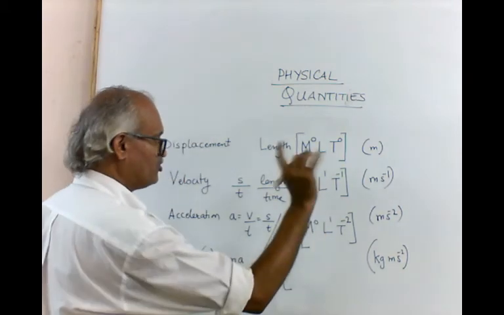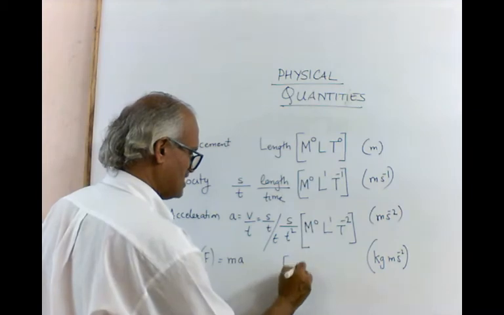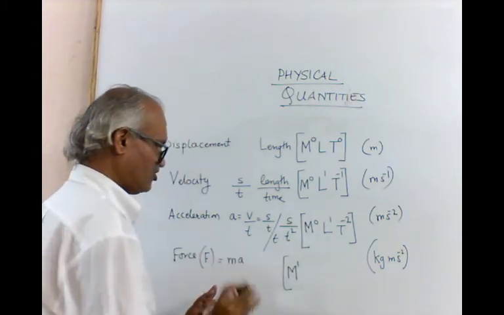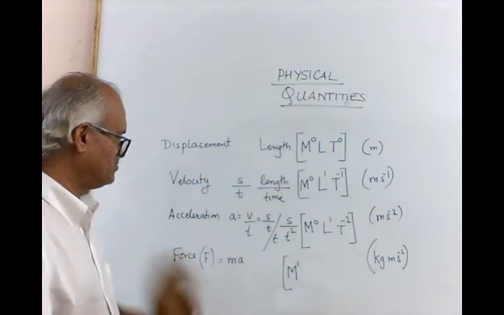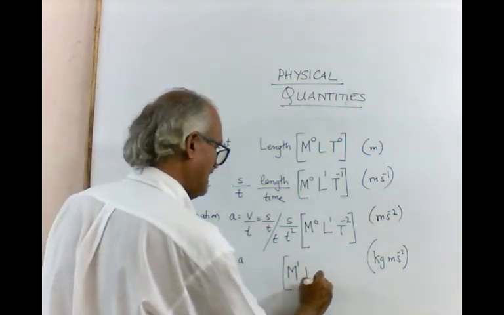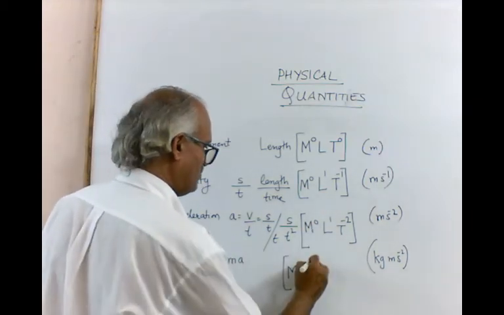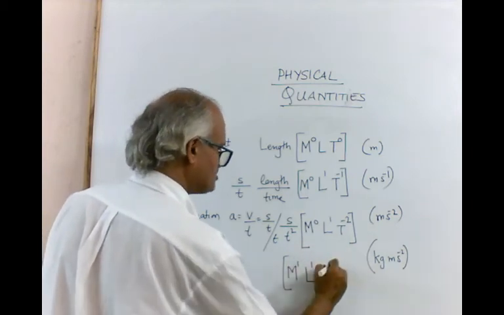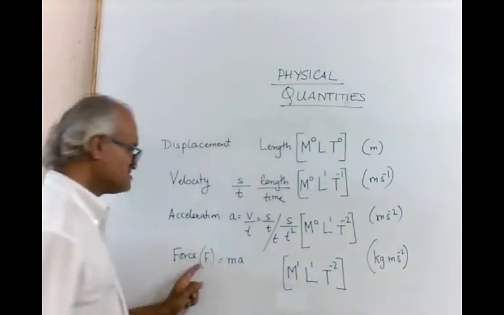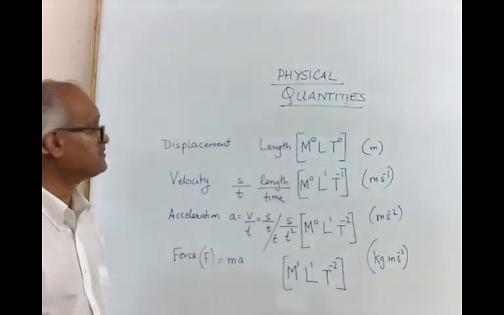अब इसको डायमेंशनल फॉर्म में कैसे लिखेंगे, तो अब इसमें मास की क्वांटिटी आ गई है, तो ये m0 नहीं होगा, अब m raised to 1 हो जाएगा, which you may write or you may not write। 1 you have the freedom, लिखना चाहते हो तो लिखो, नहीं लिखा तो भी चलेगा। l अभी भी 1 ही है, so l1 which again write or don't write, and t -2। So these become the dimensions of force।